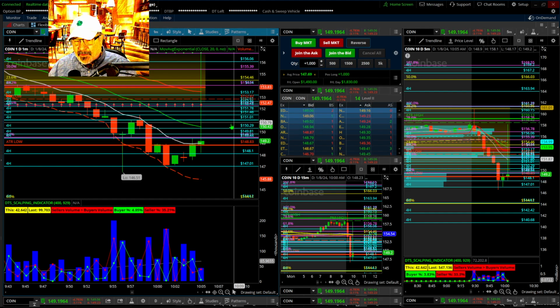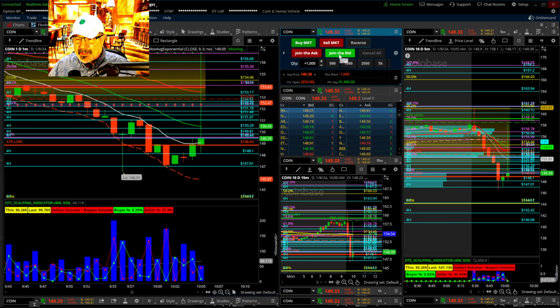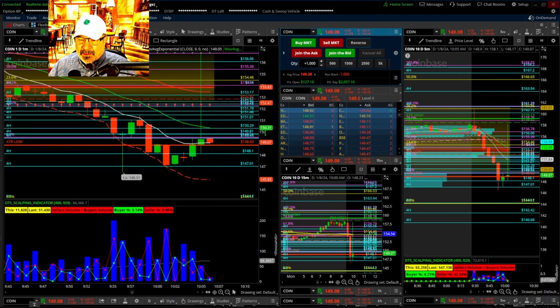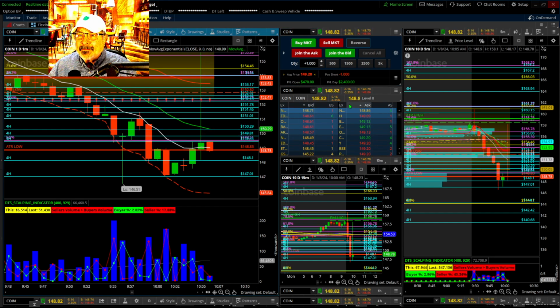So look for that. Now, this is a fib. It has to break back through. I'm very concerned that it's going to create, I'm going to reverse here. Yeah, I'm reversing right there. What did I get that? 149.28. So I wanted it to be a little higher than that for the short, but I did bank $2,000. So now I'm not in danger of,